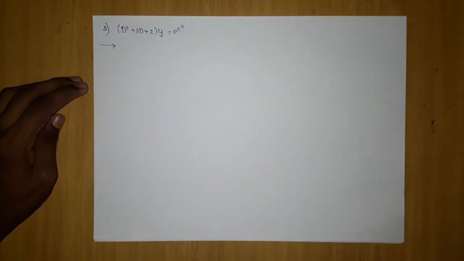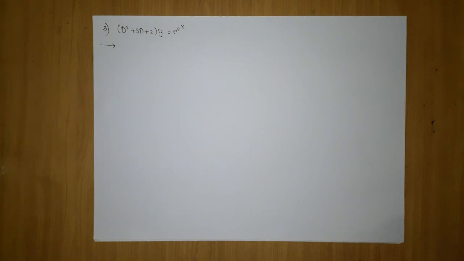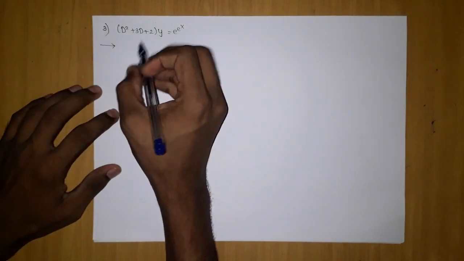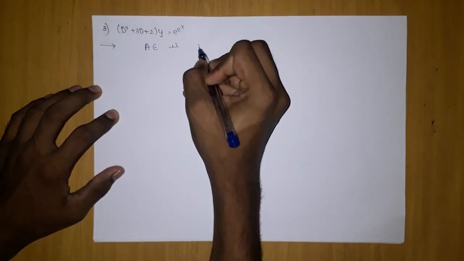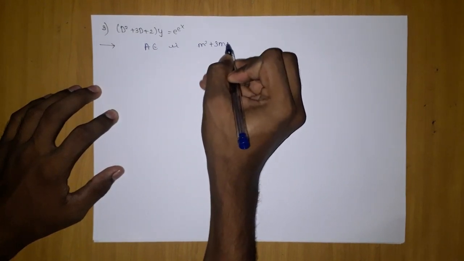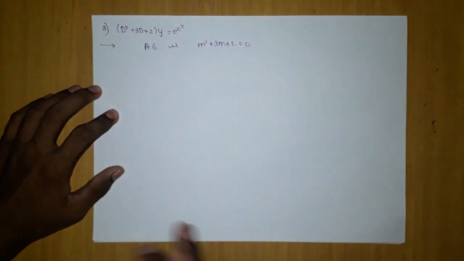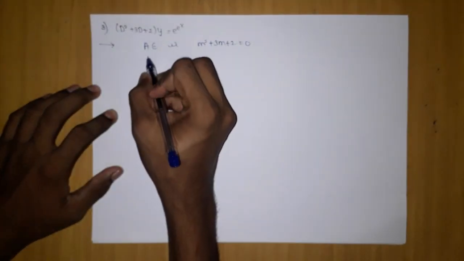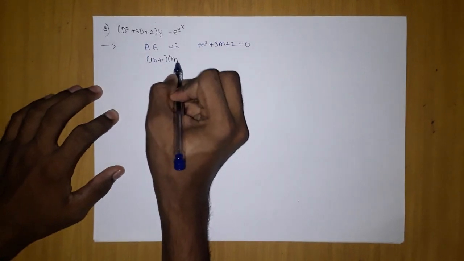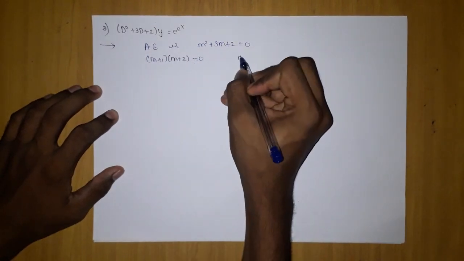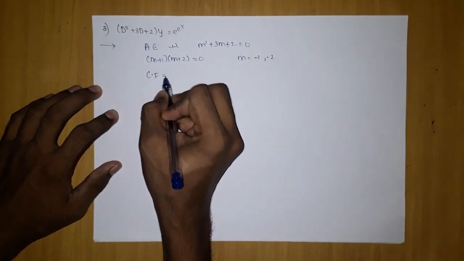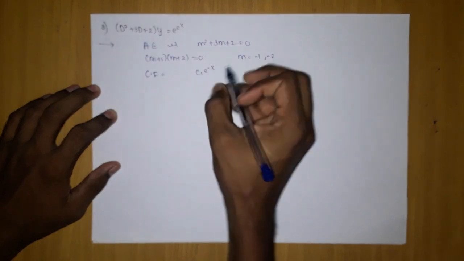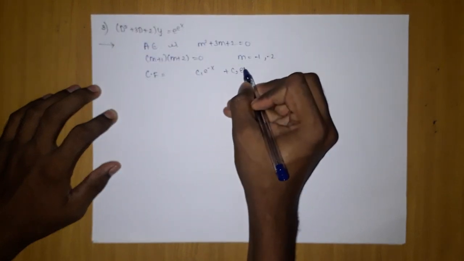In the previous session we did all the statement things, and in this session we are going to focus mostly on whatever is important. So the auxiliary equation is m square plus 3m plus 2 equals 0. Just replace D in f of D by m. After solving, (m plus 1)(m plus 2) equals 0, which gives m equals minus 1 and m equals minus 2. So the complementary function is very easy to get, which is c1 e to the power minus x plus c2 e to the power minus 2x, right?